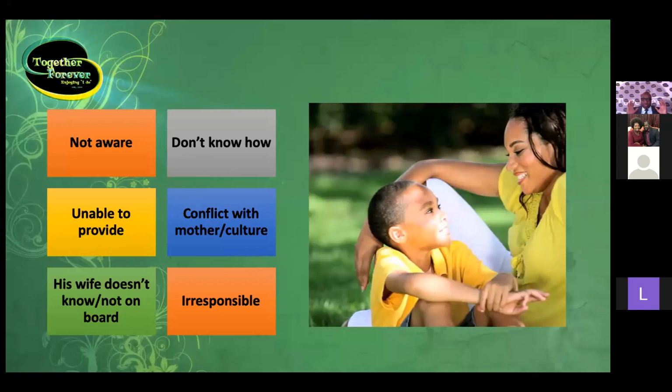Remember, it can't work. So some are absent because it's a consequence with the mother. They are absent fathers because... this usually happens in cases where the children were born while the man is already married. A man has been married for 10 years and he's got a 5-year-old child. Chances are that